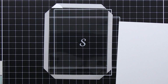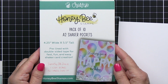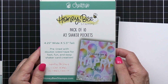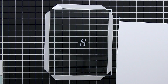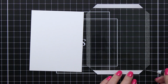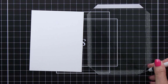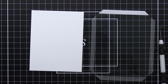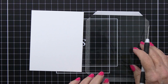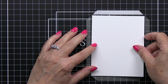So these are the shaker pockets available from Honeybee. These are the A2 shaker pockets inspired by Ilda Diaz, who's one of the design team members who invented the shaker pocket. And so she actually is our inspiration for this product, which is awesome. So you just cut your white cardstock or whatever cardstock you're using to go inside, just a little bit smaller than your A2 dimension. And then you just take off that release paper off the edge of your shaker pocket